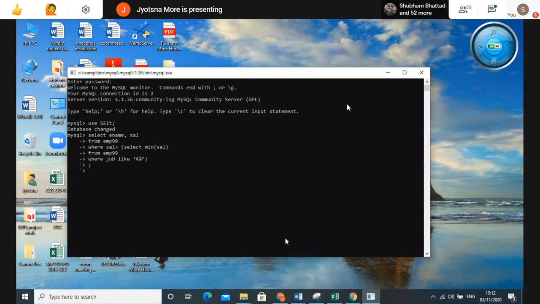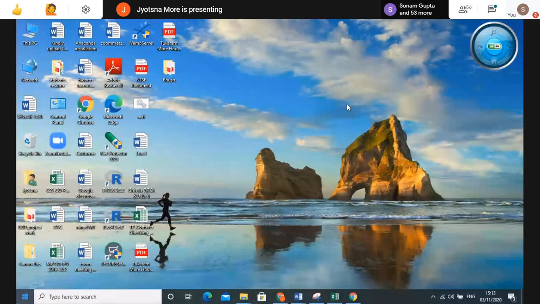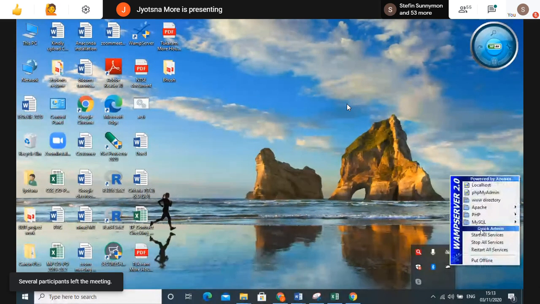No, ma'am, problem. Ma'am, your codes for where job, those are different codes. You have to use a single quote. Yeah, I have copied from Word. Right. I forgot that when we are copying from Word, the codes are coming different. That is the reason it hangs. So copying from Word is again a big problem over here. So instead of that, it is better to write the query.